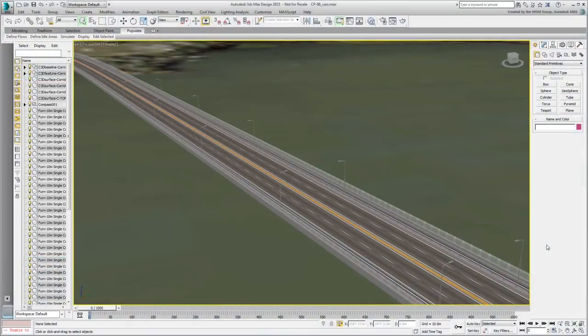Continue working on your scene from the last movie, or use the provided scene named cp06cars.max. In the last movie, you used Civil View's object placement tool to place objects in the form of lampposts, gantries, and signs. You now use similar methods to place animated vehicles that drive up and down the lanes. The process is not unlike constraining an object to a path, but as you will see, it is infinitely faster